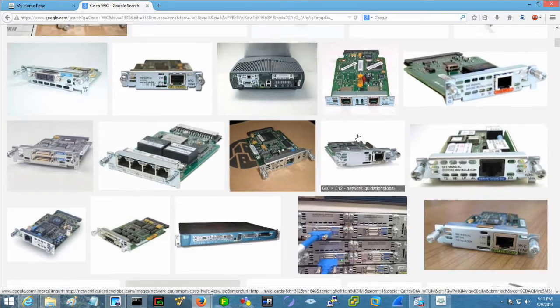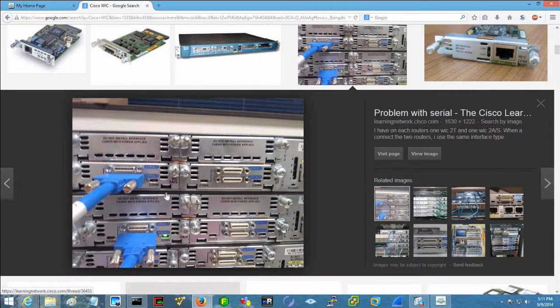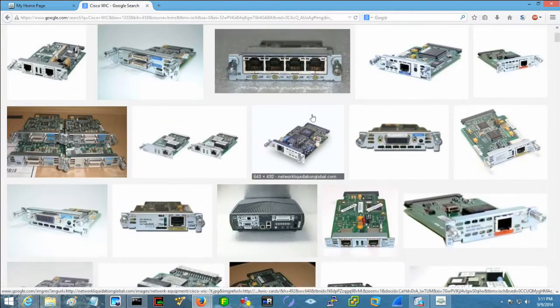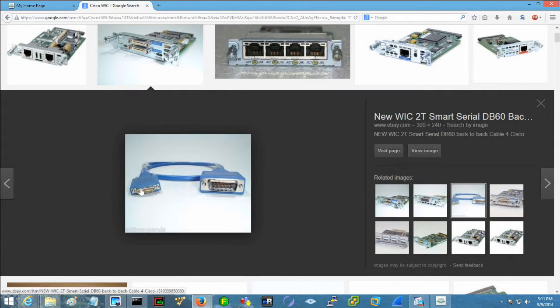So for example, this is what that would look like with the cable being plugged into it, and you could do a back-to-back serial connection. That's okay in the lab if you want to simulate a wide area network, but you'd never really do that in production. You would just run Ethernet from one point to another. Let's open this one up again. Here you can see a WAN cable, and this is a high density connection on one side and the legacy style connection on the other.